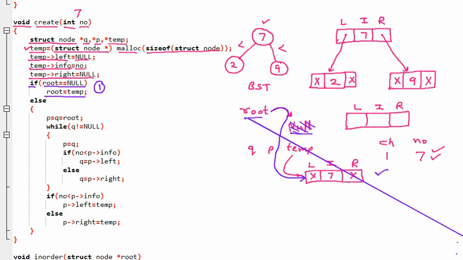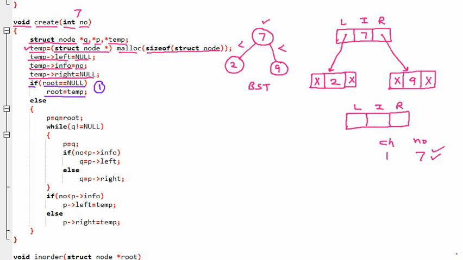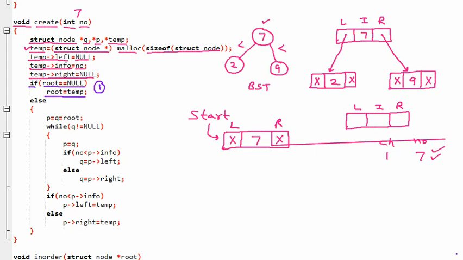So I am taking case number 2, if there is already some node present. If we talk about case number 2, then we are assuming that there is already a node present. I am assuming that the node present is 7. So 7 is already present here. This one is the node 7, and the start is pointing to this particular node, and here left and right are empty, and one more new node is created by us.